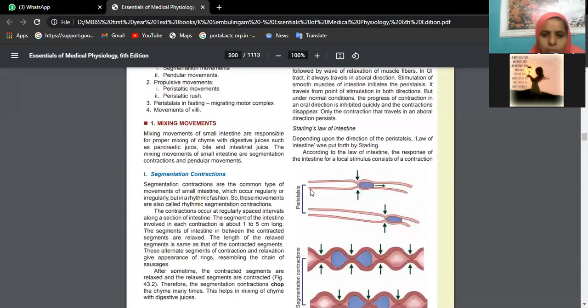Again, in these peristaltic movements, if you observe, here in the loop of small intestine, the food bolus is here, and you are finding the wave of contraction has started. Because of this wave of contraction, the food bolus is pushed ahead, and this particular area of the intestine which was contracting is now relaxing, and the food has moved much ahead, and immediately before the bolus again the part of the intestine has started contracting. So this law is actually Starling's law of intestine, where you see the wave of contraction is initiated just before the bolus of food in the small intestine, which again helps in propulsion of food.